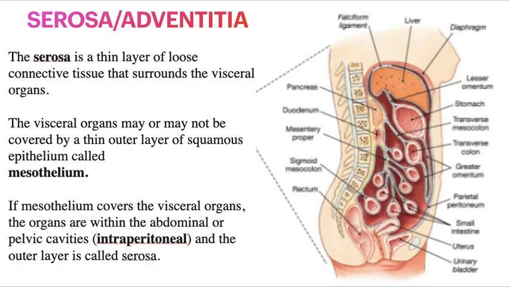Now the last and final layer is the serosa or the adventitia. The important thing is when to call it serosa and when to call it adventitia. So I just want to introduce you to the concept of the peritoneum and intraperitoneal organs. The definition says that it is a thin layer of loose connective tissue that surrounds the visceral organ. So basically, in the abdomen,